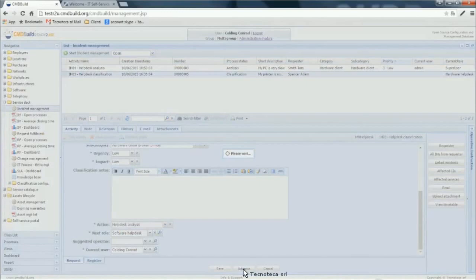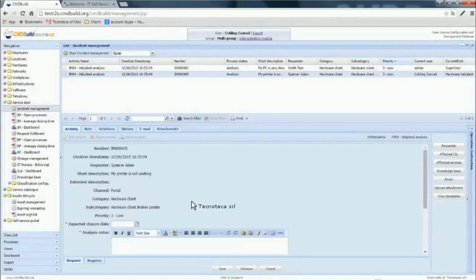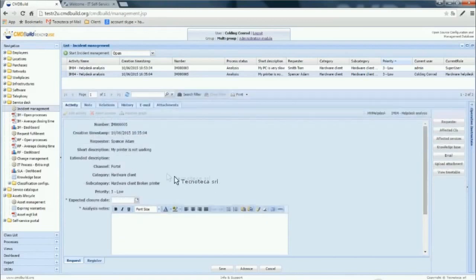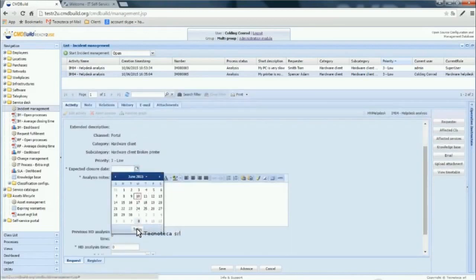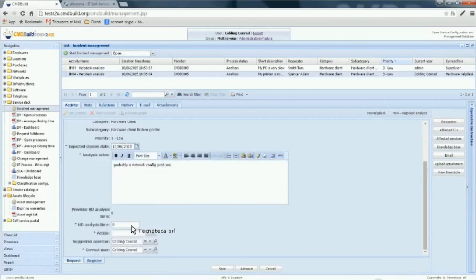So the workflow goes on, and the help desk now has to fill in the expected closure date, when he will be done with the problem. Let's say today that our help desk will be done. It was probably a network configuration, so he can just write that, and this is information that Adam will have and will receive